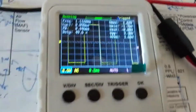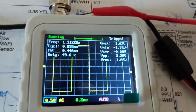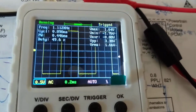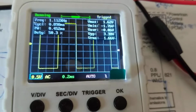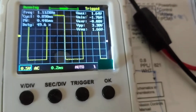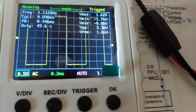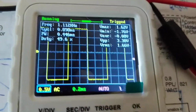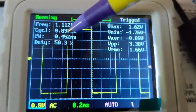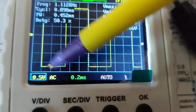So when I put it across the mass airflow sensor, where does the mass airflow sensor go to? The computer. What's it called? The signal output. Is it an input to the computer? Yes. Every sensor is a signal input to the computer. Based upon that, it's going to control the fuel injectors. They are outputs. So again, you're going to pay attention to the frequency. Make sure it changes. This is uniform. This is equal